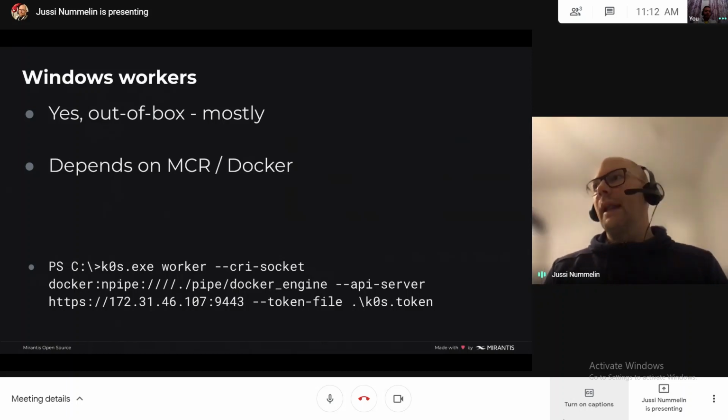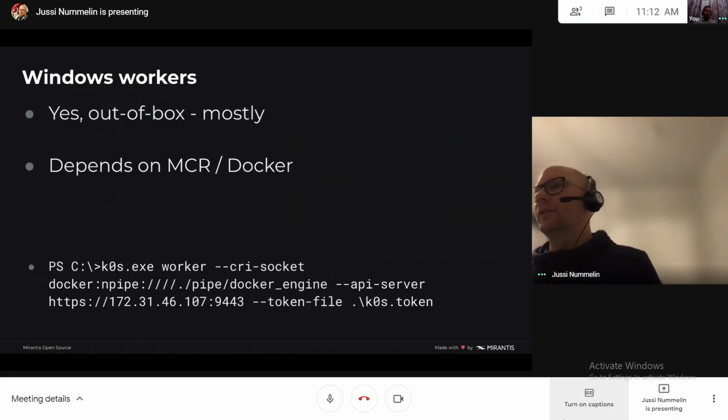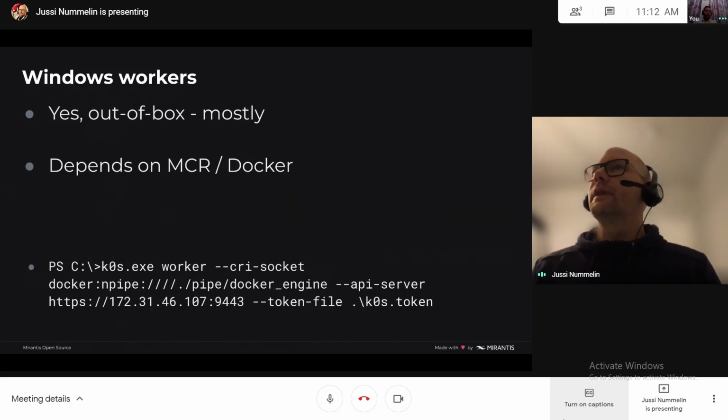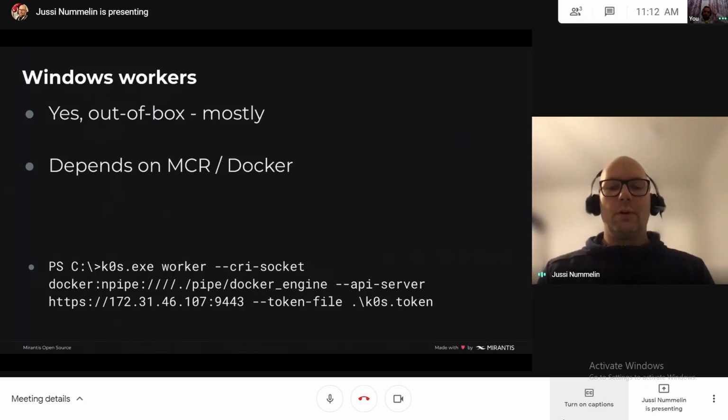We were planning to ship with embedded containerd also for Windows, but there seems to be a containerd bug, or feature, I'm not sure which to call it, that renders it not so usable, or it doesn't work with the CNI providers. So we're having a bit of trouble figuring out how to make that happen.